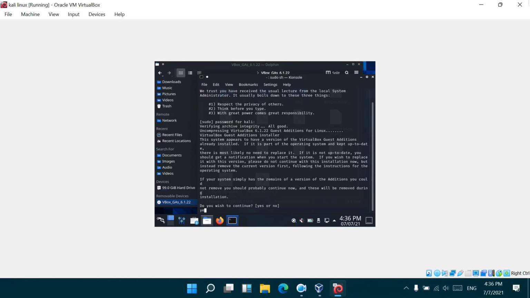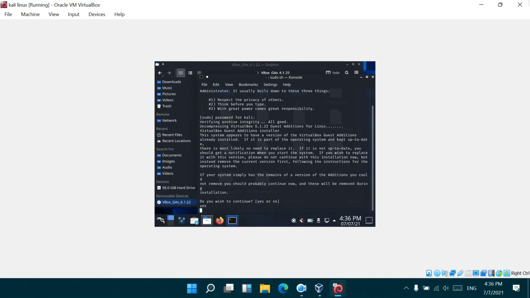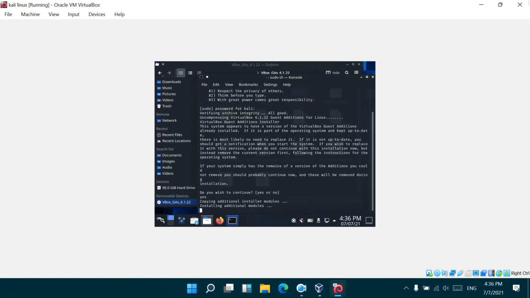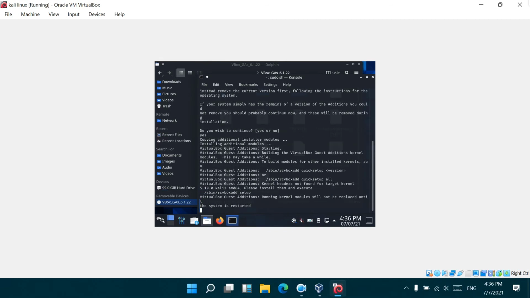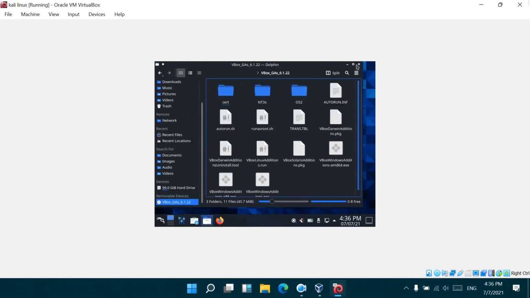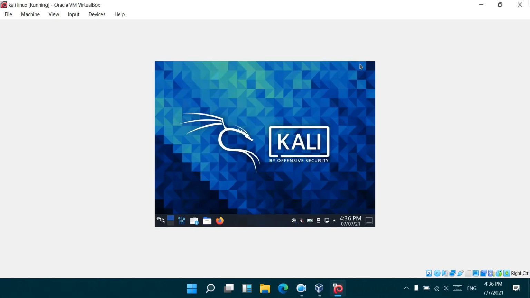Here we type in yes and then click on enter. So after that is done, we close this window and we also close the file explorer.